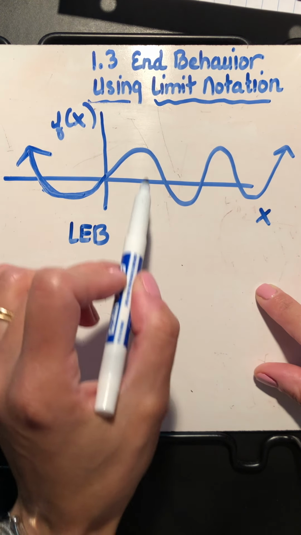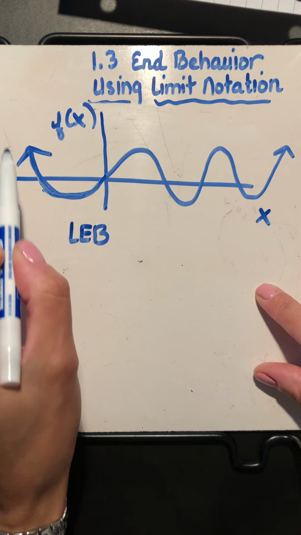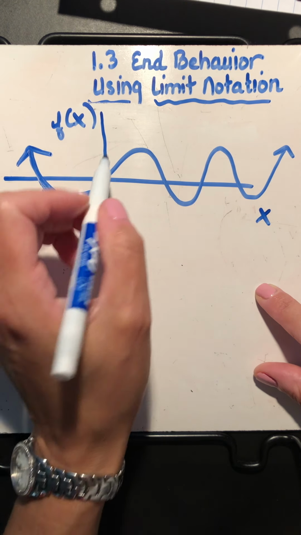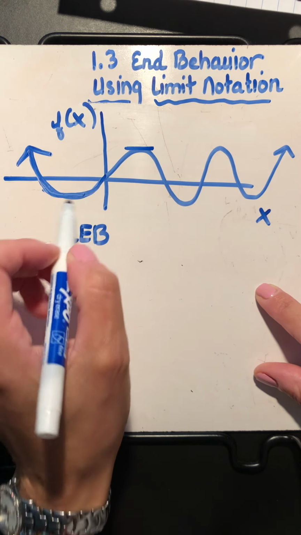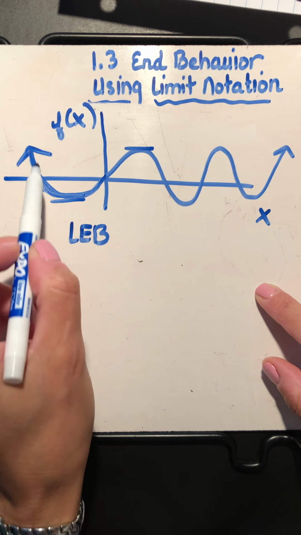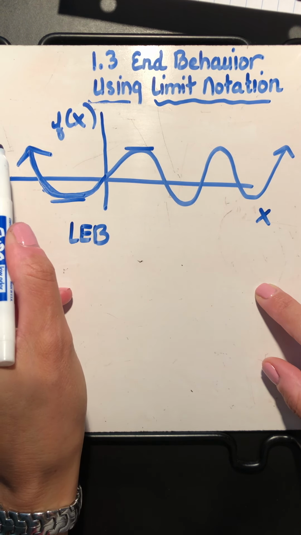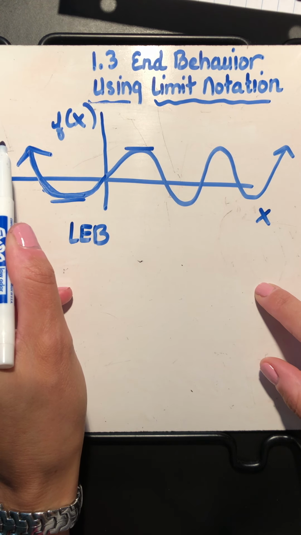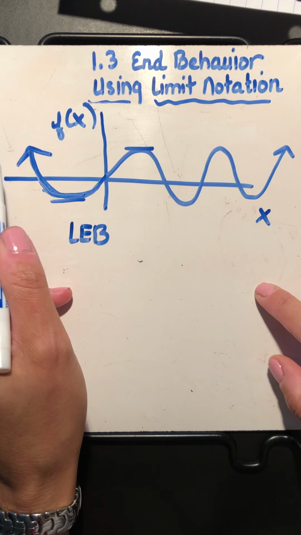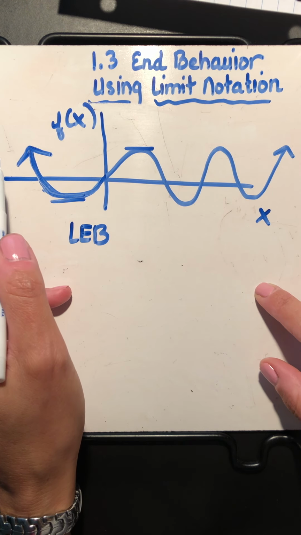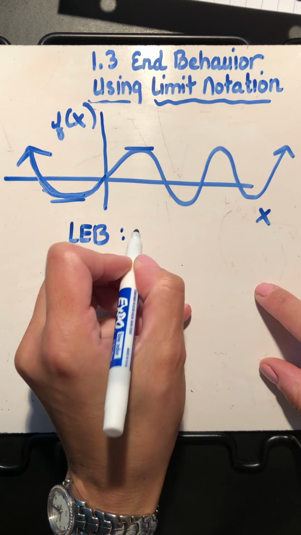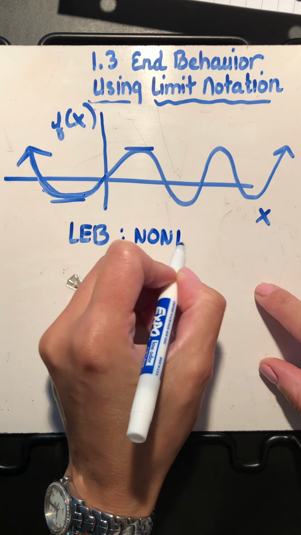But the problem is if I follow the pattern, I continuously oscillate up and down, up and down between, let's say this is 1 and -1, right? So although I can travel to negative infinity, I do not approach a specific fixed value. I continue to oscillate indefinitely between 1 and -1. So theoretically, I'm going to say I have no left end behavior because I don't even know what the behavior